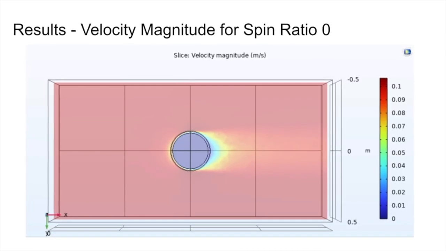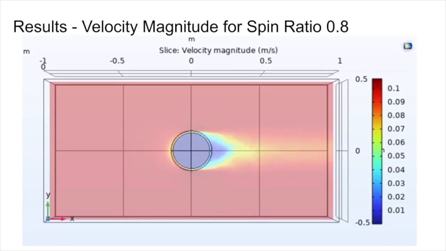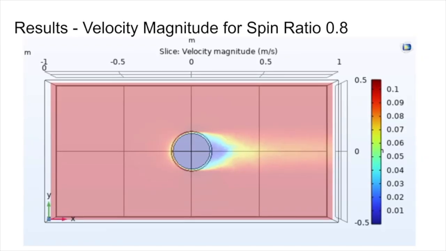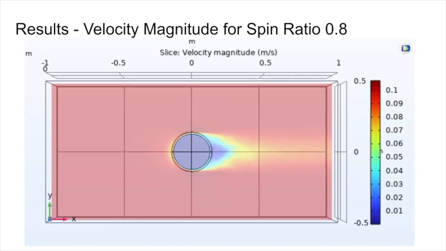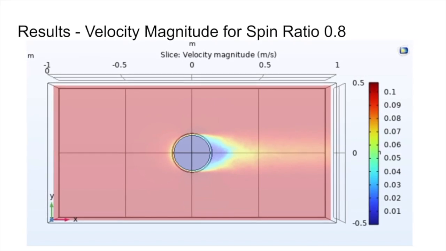Here we have the velocity profile for the Frisbee that doesn't spin, and it is pretty symmetrical. In this graph for the spin ratio of 0.8, it can be seen that the wake behind the Frisbee is slightly asymmetrical, which is another way to visualize the Magnus effect and predict that the trajectory of the Frisbee will